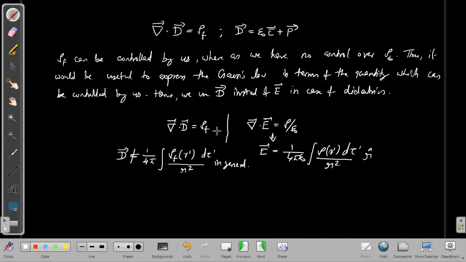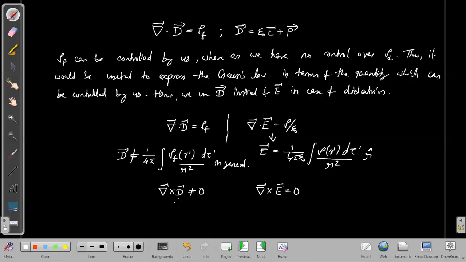Although in Gauss's law the divergence of the electric field and the displacement look the same, the curl of the electric field and displacement are not the same. The curl of the electric field is always 0, but the curl of the displacement is not always 0. So the electric field and the electric displacement do not have complete resemblance. There is some difference between E and D, because D also depends upon the polarization. Del cross D need not be zero.